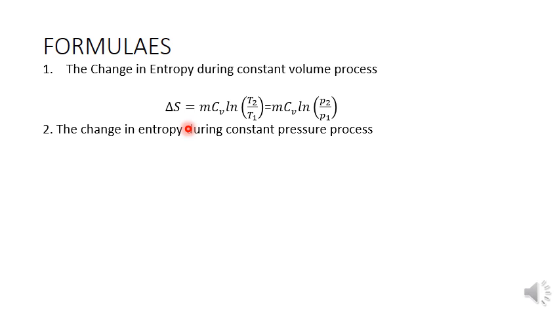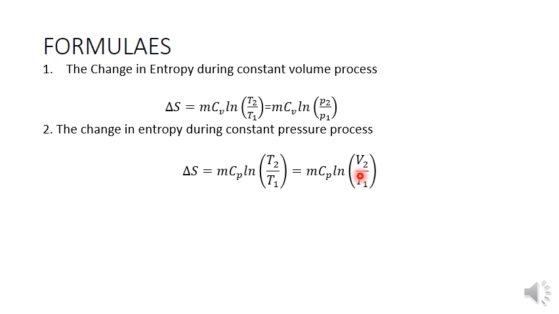Then delta S we can write as m Cp ln T2 by T1. Delta S is equal to m Cp ln T2 by T1. Here we are taking the pressure as a constant, that's why we can write T is directly proportional to the volume. T2 by T1 is equal to V2 by V1, so delta S is equal to m Cp ln V2 by V1. This process is also called an isobaric process. And if you draw the TS diagram for constant pressure and constant volume,